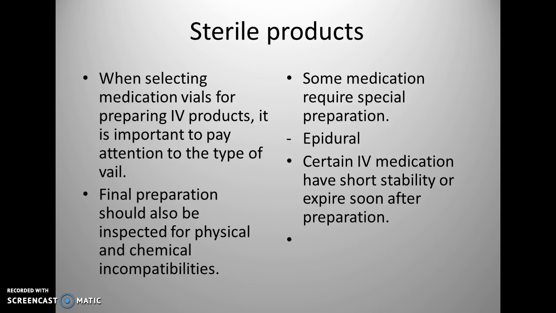So sterile products, when selecting medication vials for preparation of sterile products, it is important to pay attention to the type of vial. Final preparation should also be inspected for physical and chemical incompatibilities. If it's something that's bubbling, something that is a strange color, that should be noted, and pharmacists should be